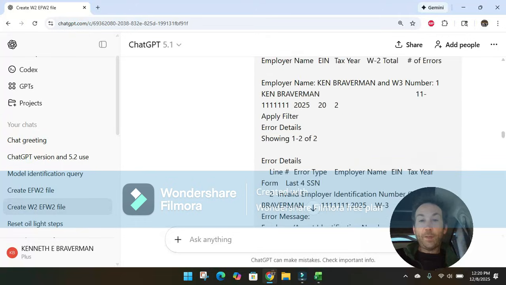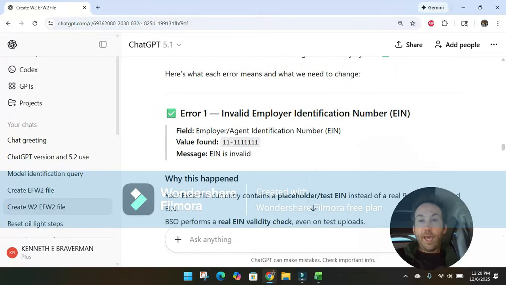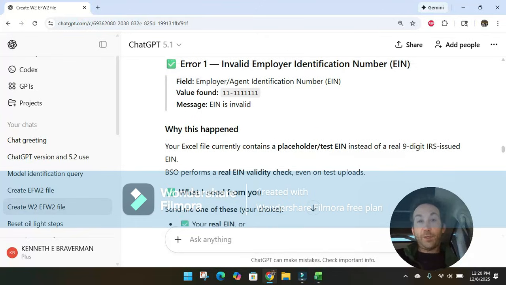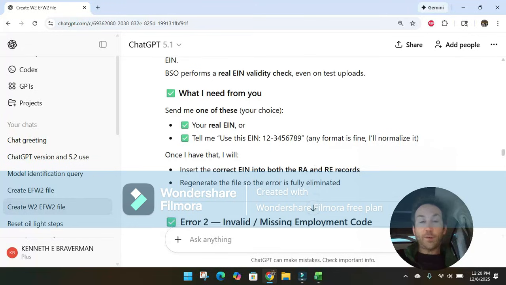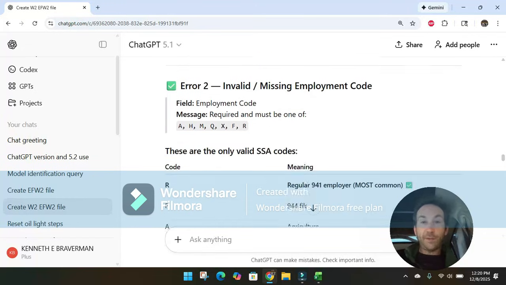I looked at it. I uploaded it to Business Services Online with all this fake data that I put in here. And it pointed out some things that are invalid and that I should fix. By the way, I did need to fix my employer identification number to give it something else that was valid, but I didn't have to do anything for a user ID, a personal user ID that you're supposedly supposed to have with the Social Security Administration. Didn't have to do that.